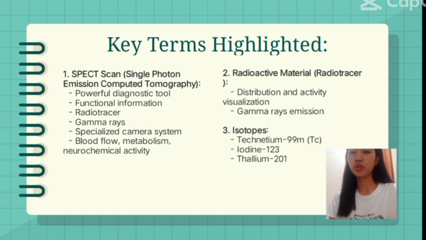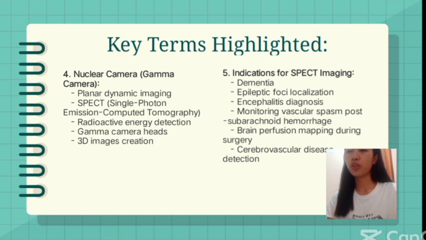Number 3 is the isotopes: technetium, iodine, and thallium. Number 4 is the nuclear camera: gamma camera, planar dynamic imaging, SPECT, radioactive energy detection, gamma camera heads, 3D images creation. And number 5 is the indication for SPECT imaging: dementia, epileptic foci localization, encephalitis diagnosis, monitoring vascular spasm post-